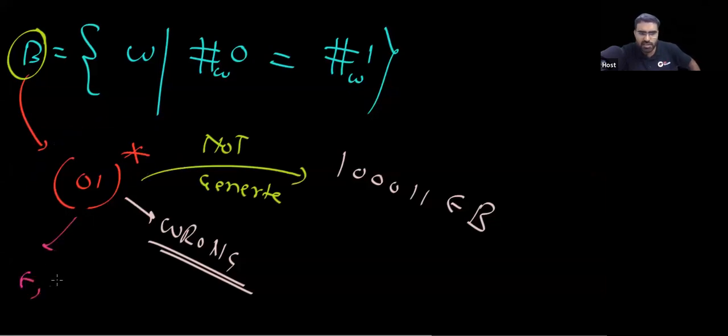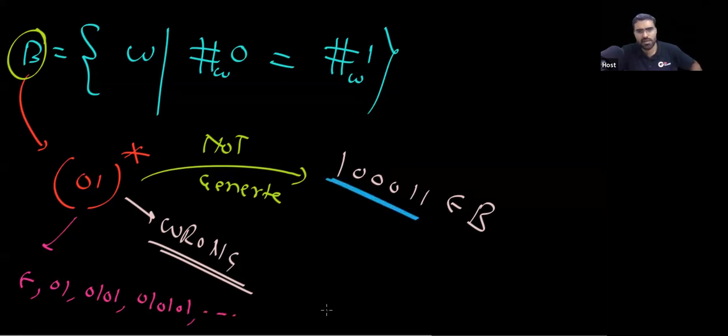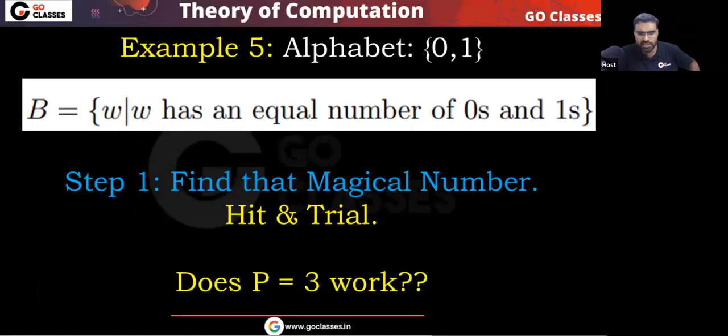So you can notice this regular expression is wrong, because it will only give you this type of strings. Only this type of strings you will get, but you will not get this type of strings. So this regular expression is wrong. Is this point clear? Did you understand what this language is? Number of 0s is equal to number of 1s. Here the number of 0s is 3, and here the number of 1s is also 3. So this string belongs to the language B. So first you understand the language.